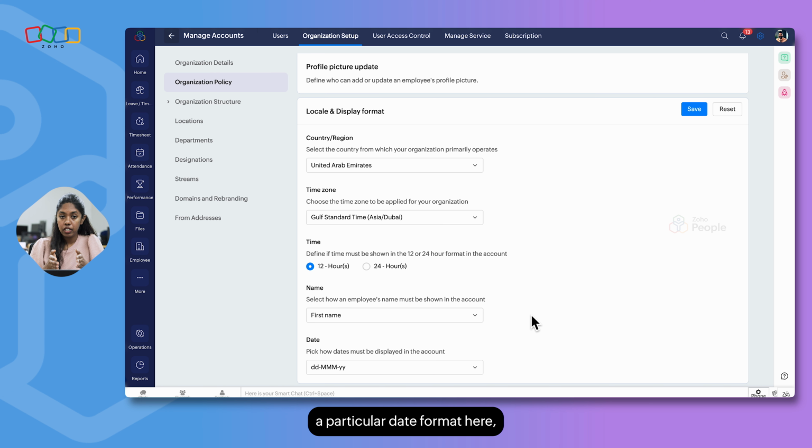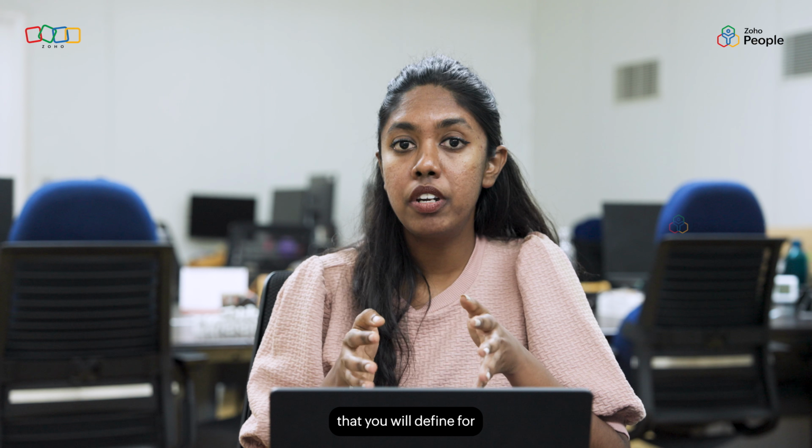When you select a particular date format here, all the dates that you see in the system will follow the same pattern. Even if you're going to import some information into the system, it should follow the same date format that you mentioned. So these are all the few organization preferences that you define for your entire organization.